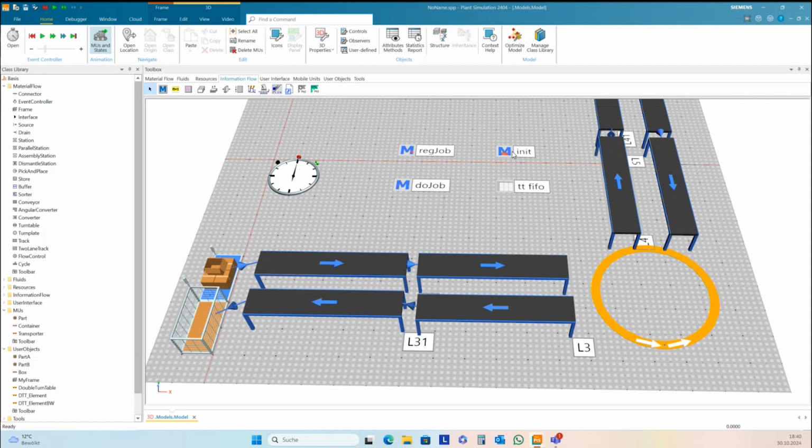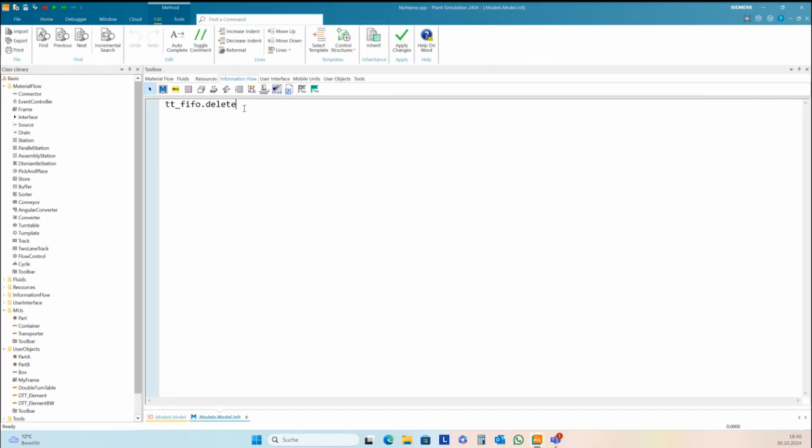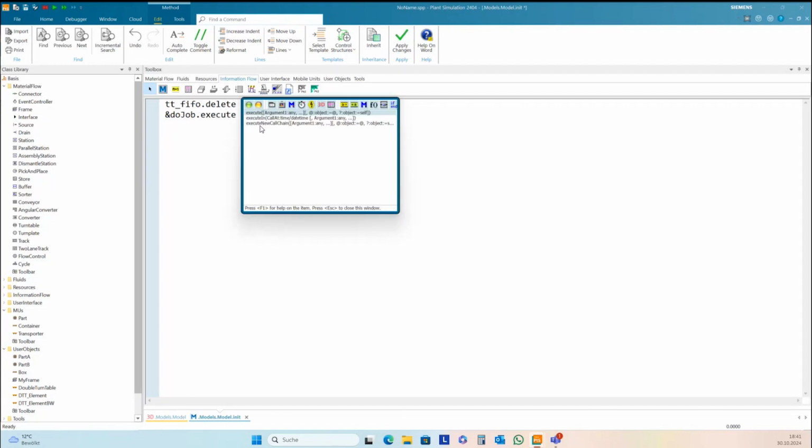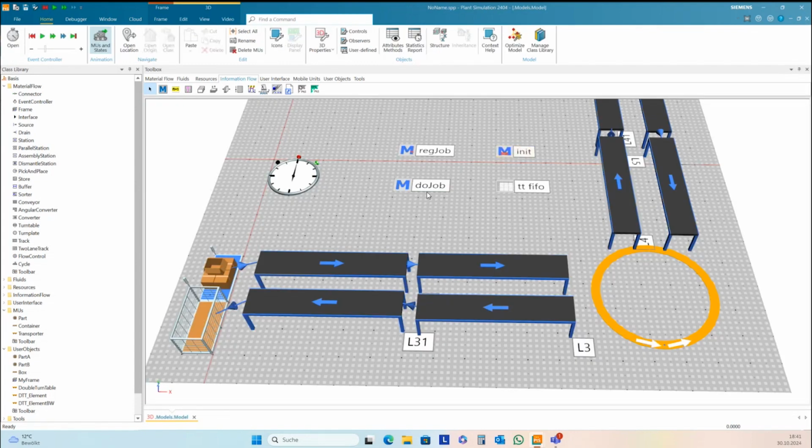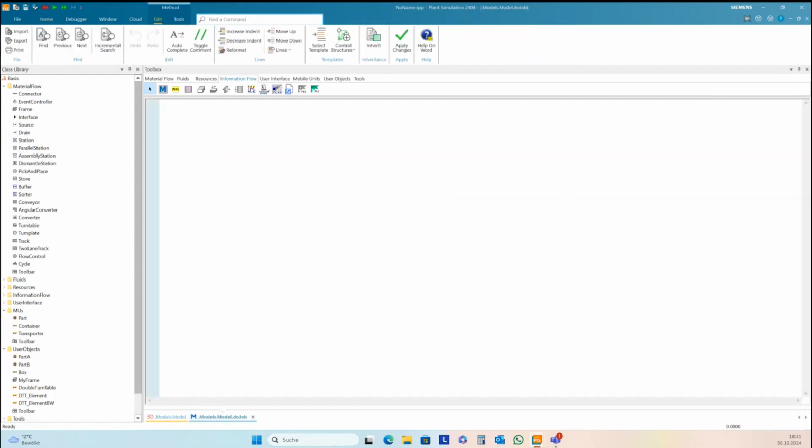And this I also call the first time in the init method, and then it calls itself here. Okay, do job. And now I need to hurry a little bit.